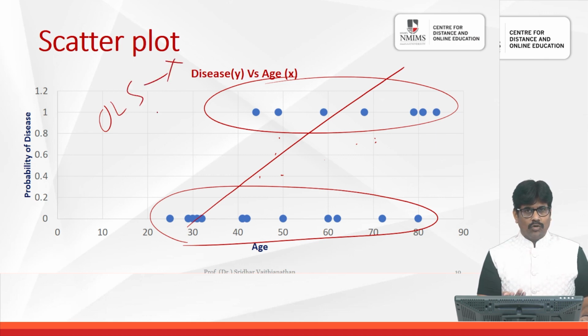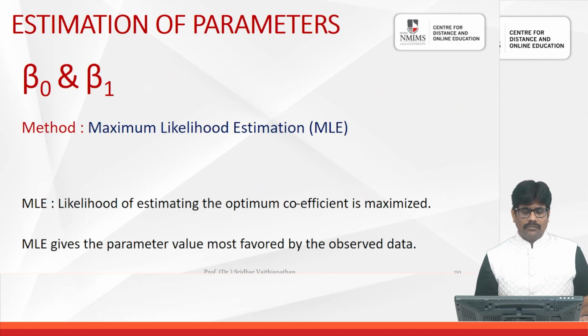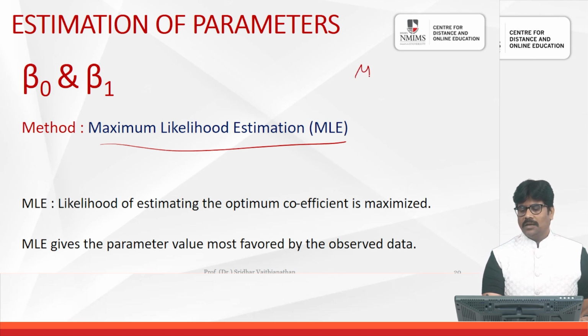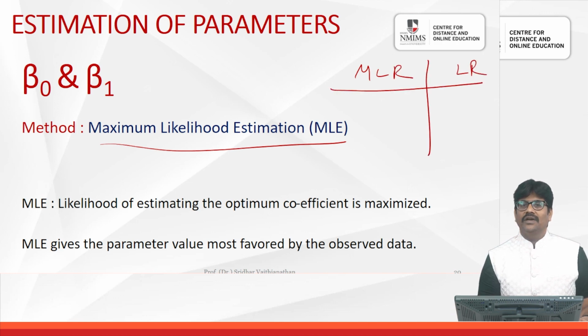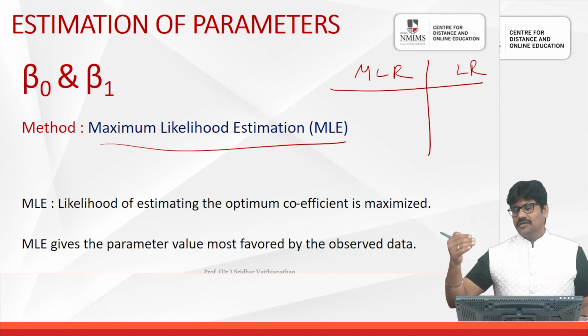Now, using the sigmoid function or logit transformation, when we run the data in any software, this is what we will get. So instead of ordinary least squares, we go for something called maximum likelihood estimation. Let us try to understand MLR and LR. I keep on referring to MLR because that's the easy way to understand. Two techniques that are a must for everybody are multiple linear regression and logistic regression. If I understand how multiple linear regression works, I can understand how logistic regression works. In MLR we use an estimation method called ordinary least squares estimation,